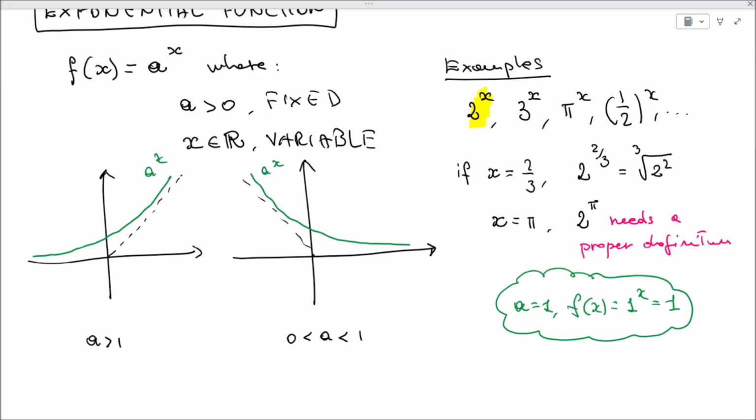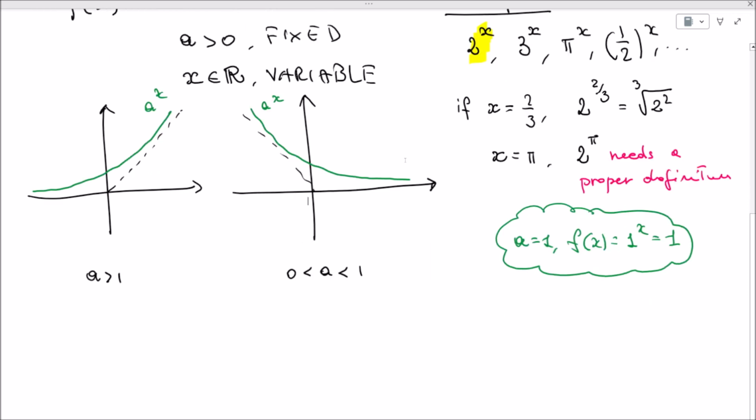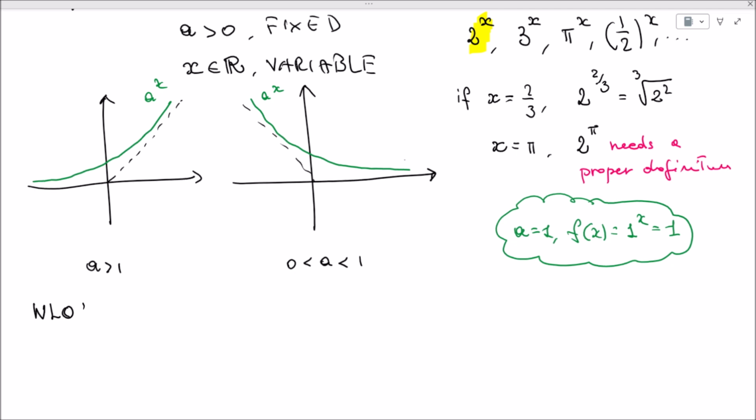As expected, the two graphs are in the first and second quadrant because, of course, the power of a positive number can only be a positive number. Right, so let's now try to identify some features of these graphs. And without loss of generality, let's consider a larger than 1. I'm saying this because, of course, all the considerations that I'm going to do can be easily extended to the other situation. So f(x) equal to a to the x